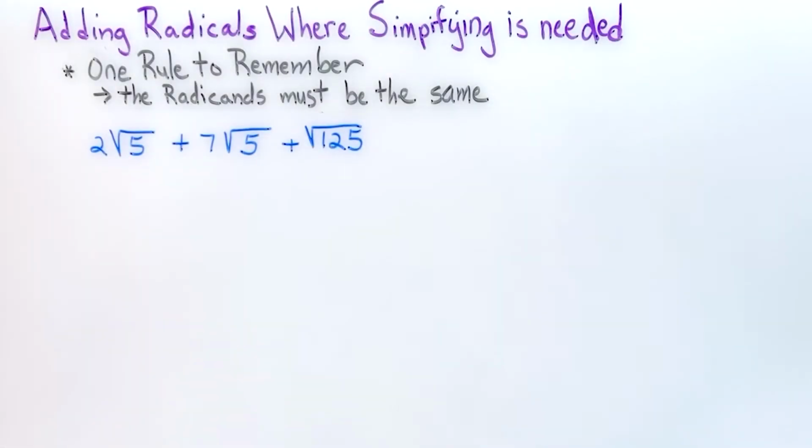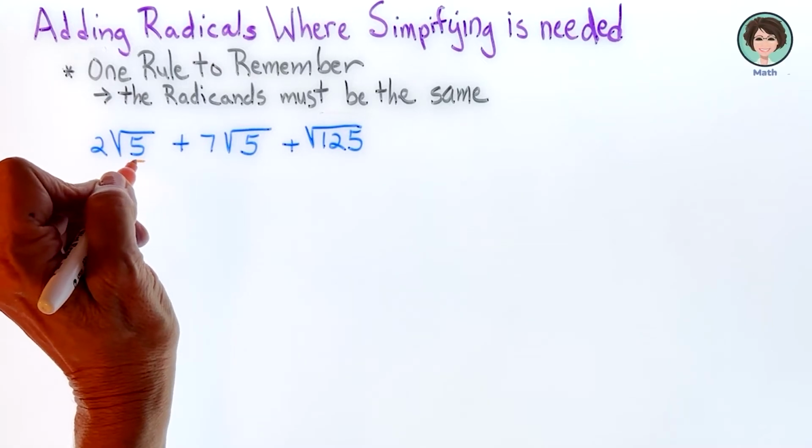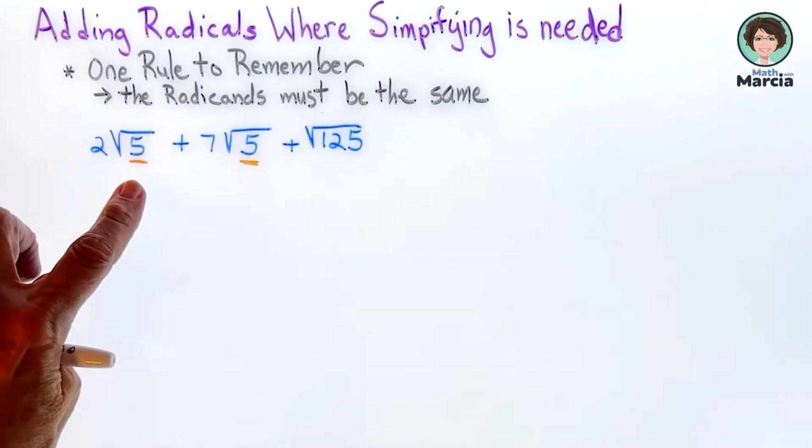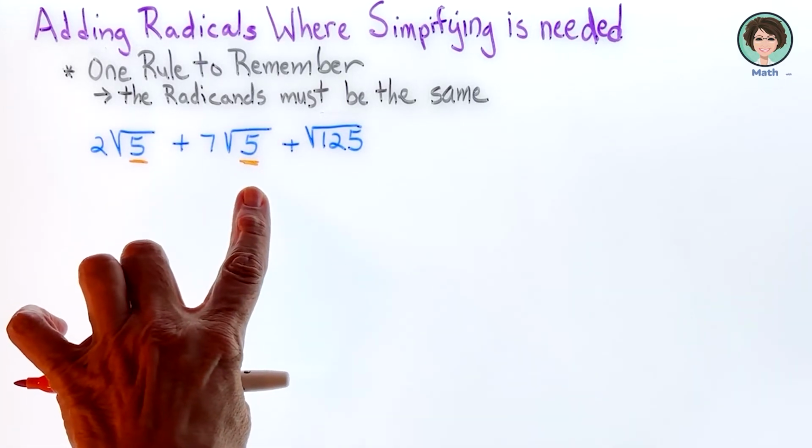For this lesson, we're going to be adding radicals where simplifying is needed. Remember, our one rule to remember when you're adding is the radicands must be the same. So I know that I can at least put 2 square roots of 5 plus 7 square roots of 5